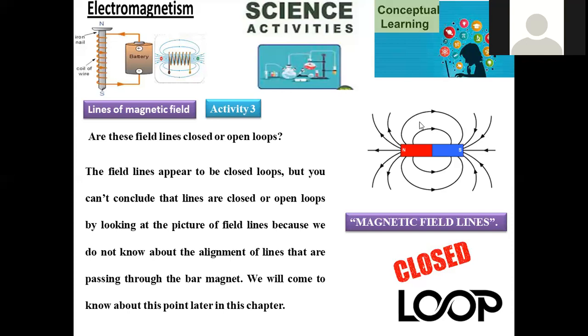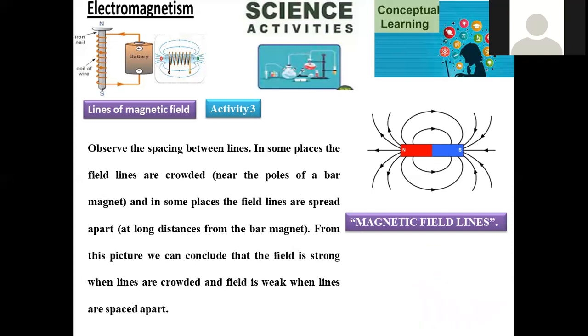But as of now, just by seeing, we are not supposed to conclude, because it is just an assumption. They look like closed ones, but the deeper concept will give the confirmation regarding whether they are closed or open. So here, the lines are drawn from one end to another, moving in this direction and originating curvature lines at different distances.